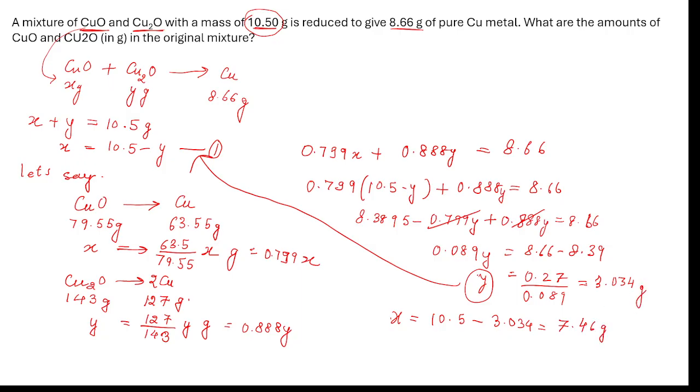And now we already know why we have put cuprous oxide as y. So this is cuprous oxide and this is cupric oxide. So this is how you are going to solve this problem, by utilizing simple